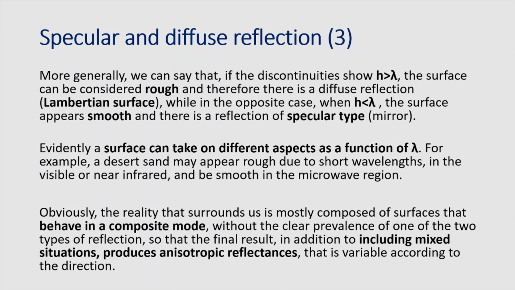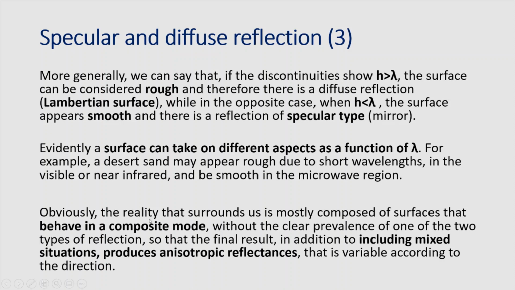In the real case, we can see the wall better from a particular view angle. But it's a Lambertian surface with a prevalence of reflection in a particular direction. So, as is stated here, in real life, surfaces have a mixed situation that produces